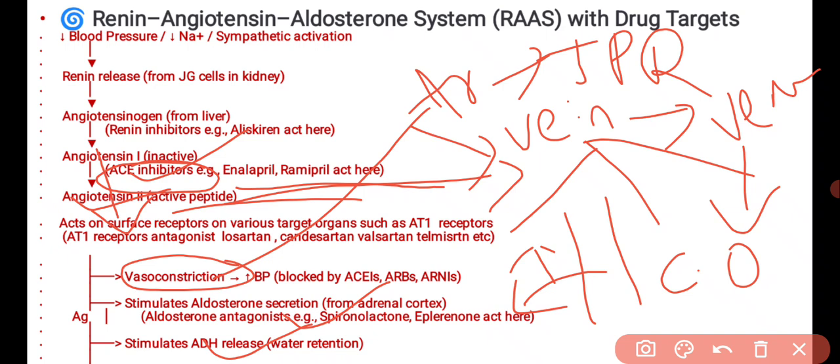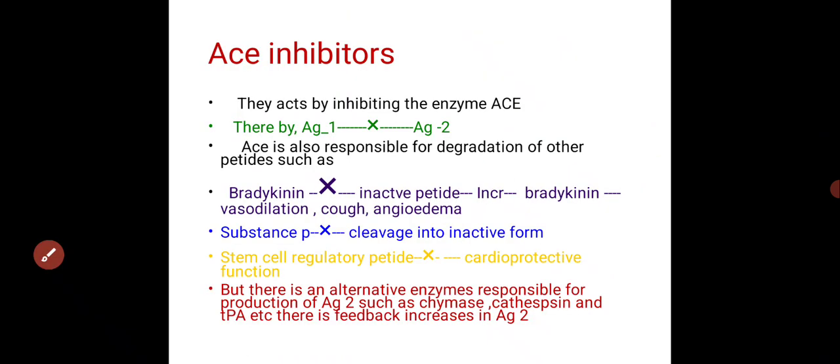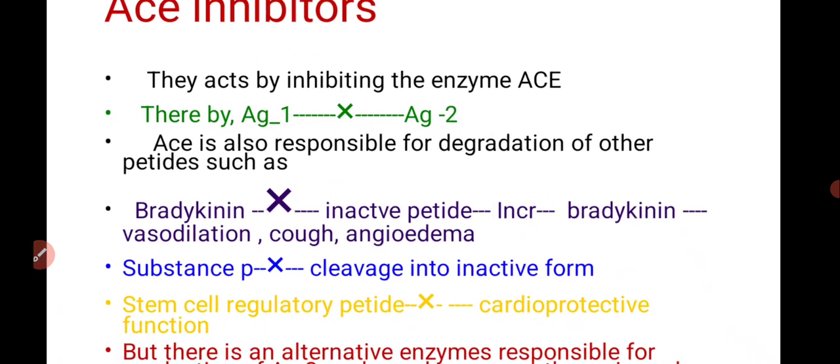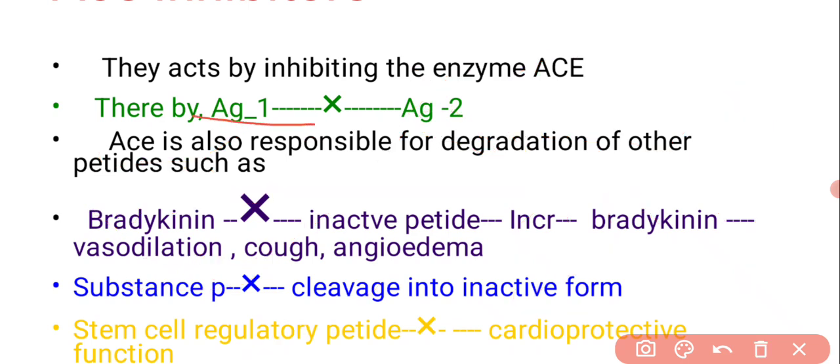Okay, so these are the effects of angiotensin. How are angiotensin converting enzyme inhibitors helpful in treating hypertension? One of the important factors is that angiotensin converting enzyme is a non-selective enzyme, which is not only responsible for the conversion of angiotensin 1 to angiotensin 2, but is also responsible for the breakdown of bradykinin in the body,